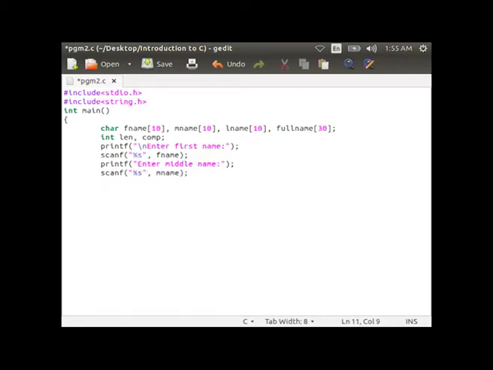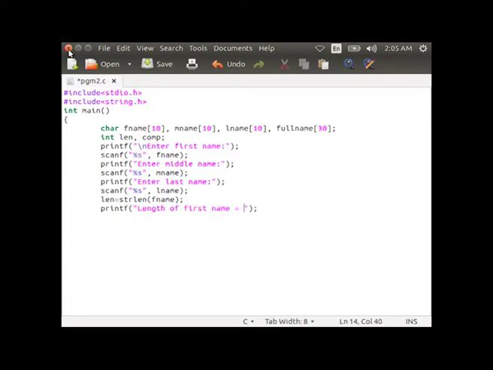You can read this as scanf %s m name, then printf enter last name, then scanf %s l name, then len equal to strlen f name. Here strlen is a standard function used to find the length of the first name. Then you try to print the length of the first name, printf length of first name equal to %d comma len.